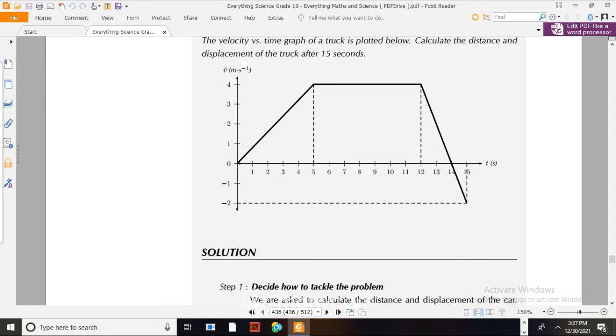Now the y-axis is velocity in meters per second, and the x-axis is time in seconds. Okay, here is a graph. Here this is a linear graph. Here is a horizontal, constant graph. Here is a negative slope graph. Okay, so this graph, velocity as a function of time,